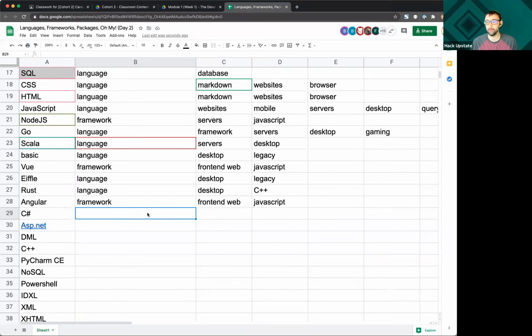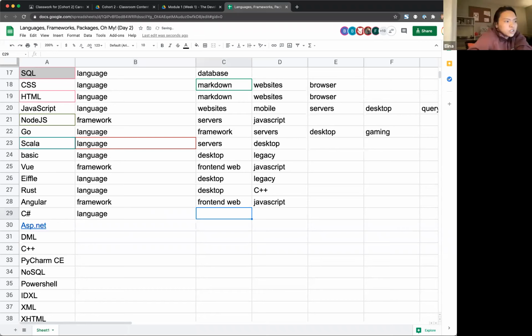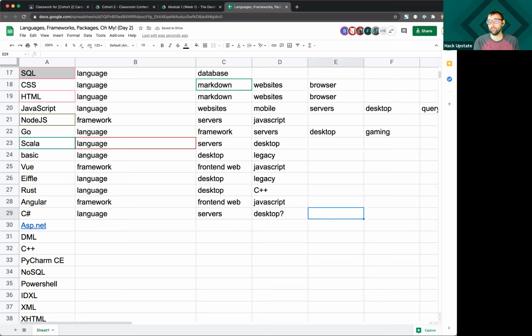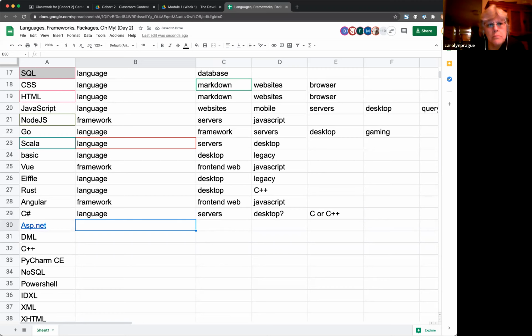C#. It is a language. It is primarily used on servers, maybe on desktop, and it is a derivative of C or C++. I can't say which one. I believe it is C, but I'll leave that on. Wait, I'm sorry. How do you say that name again? It's not C number.